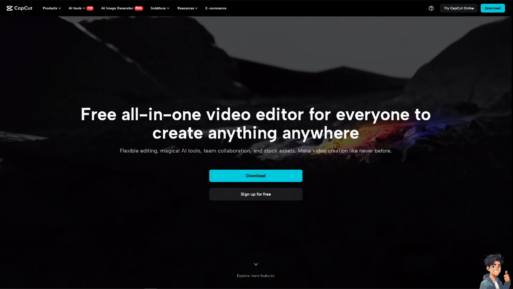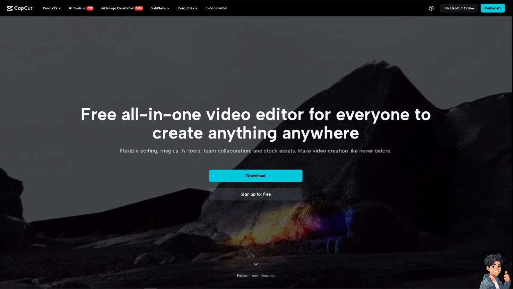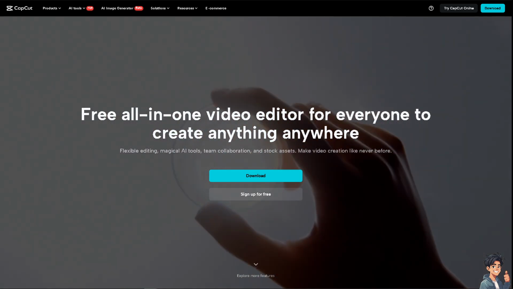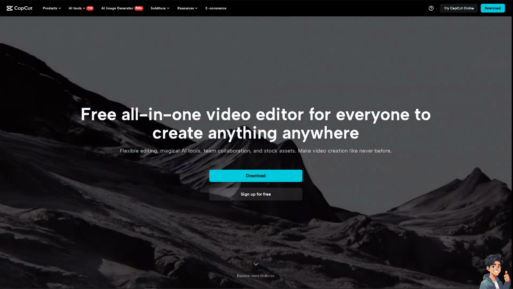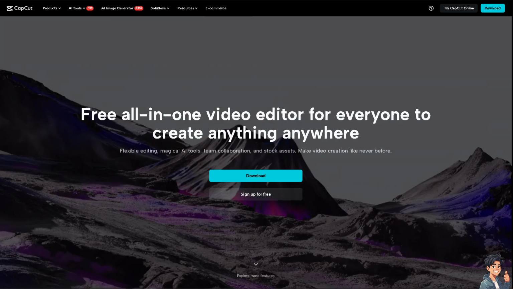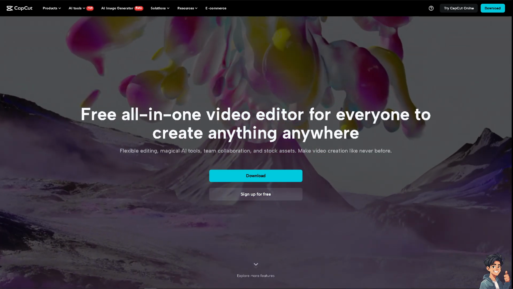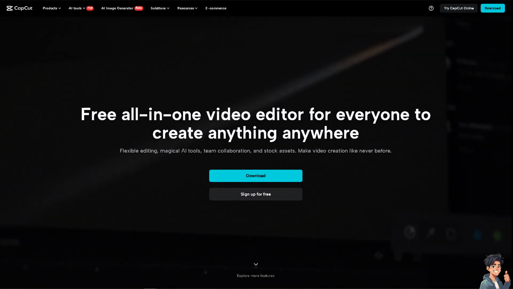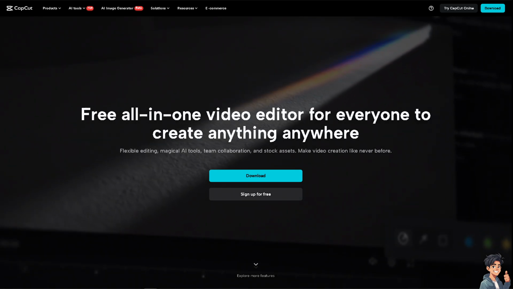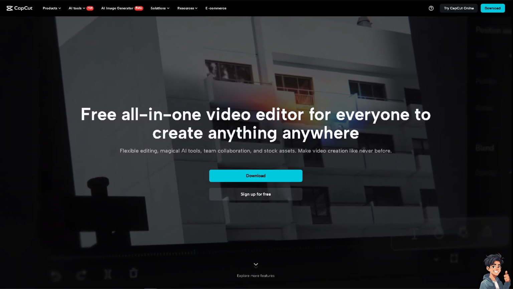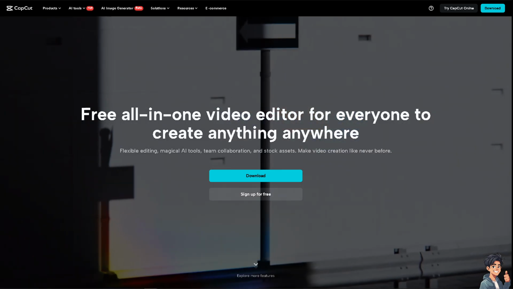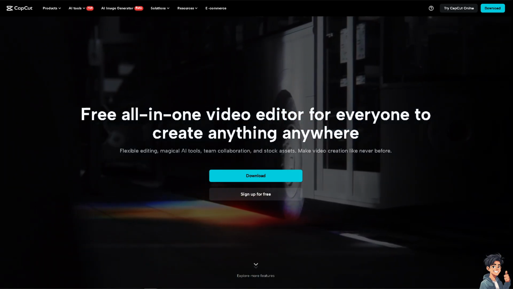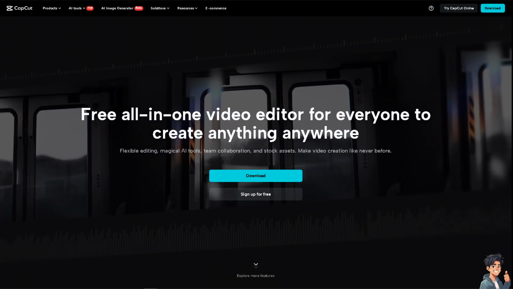Yeah, it's known mostly for TikTok, but you can also get some free Instagram templates using CapCut because it offers a variety of features, including video editing, like basic tools for splitting video, adding audio, and applying filters, as well as more advanced features like keyframe animation, slow motion, and graphics. Of course, the pre-made templates here include images, sound cues, and GIFs from Giphy to help users create trendy